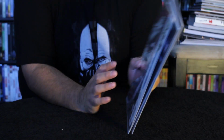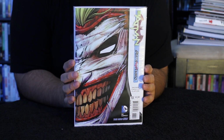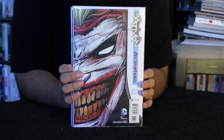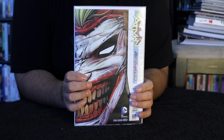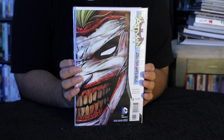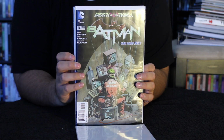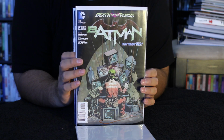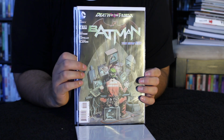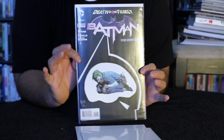The last thing I wanted to show was what I'm currently reading right now, which is Death of the Family, and it's Batman from the New 52. This is issue number 13 in the Return of the Joker, and it's just incredible. It's so sick. You literally have to read these, because this is issue 14 right here. It's so amazing, and it's going to be connecting into other story arcs that I'm not even reading. So I don't know how I'm going to catch up on that, but definitely some of the best stuff out there